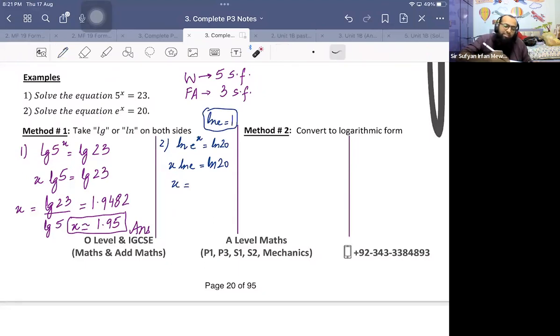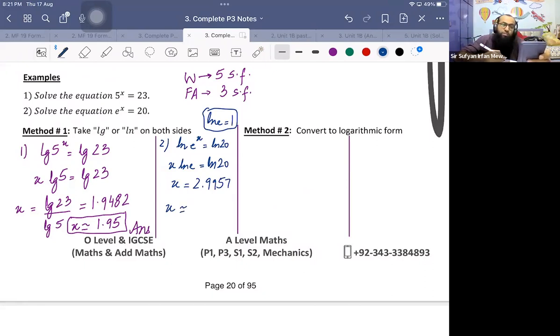If I had taken LG, then LGE would have to be calculated and then we'd have to divide by LGE as well. But as ln e is 1, we don't have to divide. So you'll save 20 seconds of your time, right? Not much, but you'll save 20 seconds. And it's preferred that you take ln over here. So if I am going to give the answer, it is 2.9957. 2.9957. And then from here,